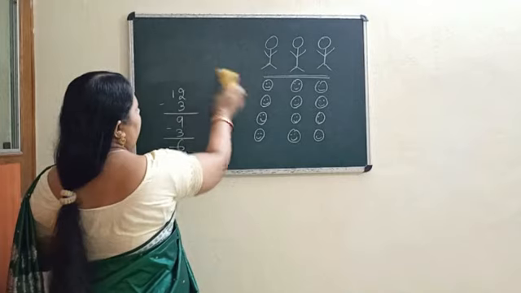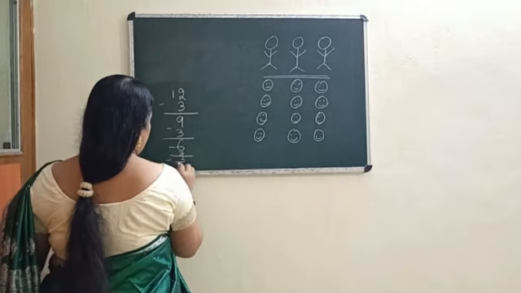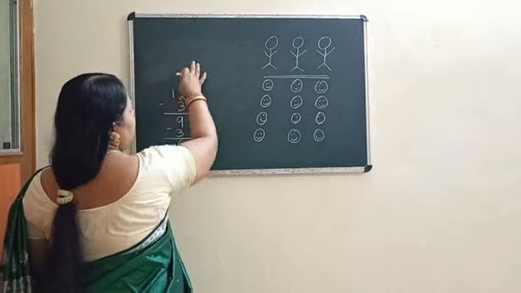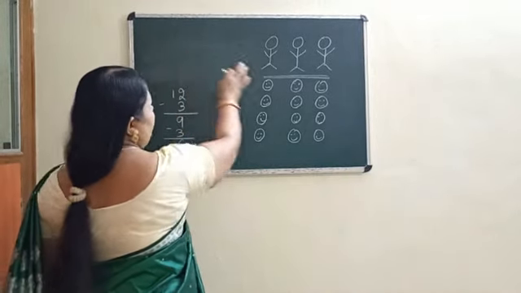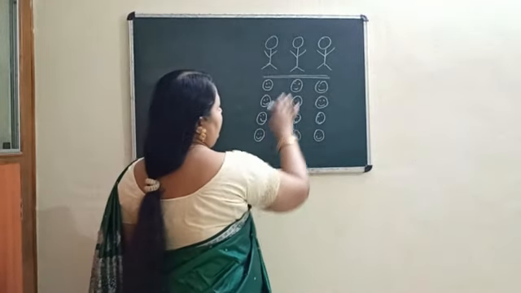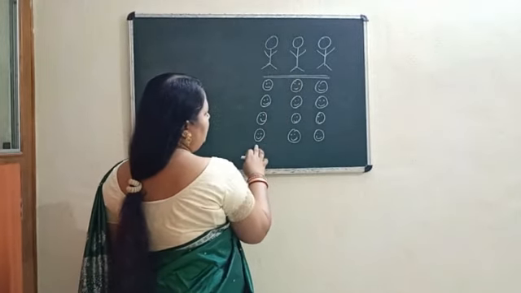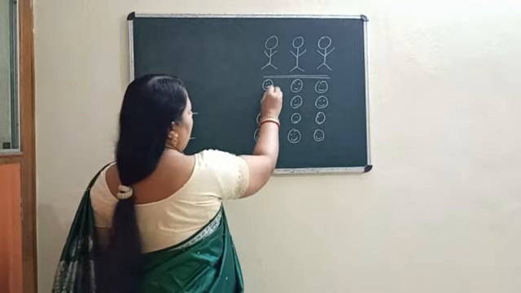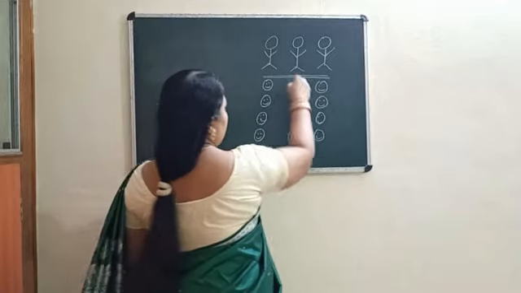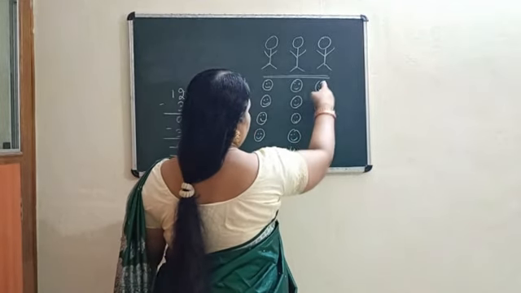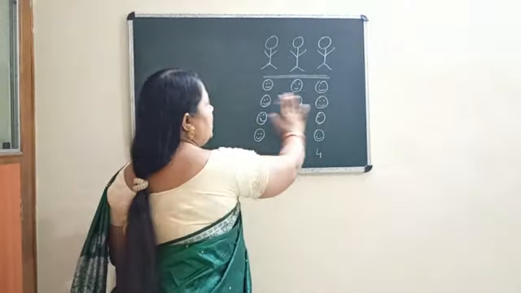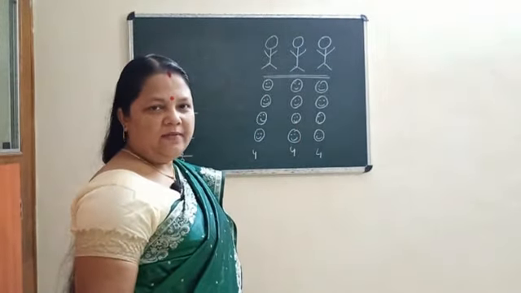So now 3 minus 3, it's coming 0. That means 0 means nothing is left. All the smiley faces we have divided, or shared, between 3 students. You can see the number of smiley faces that each one gets: 1, 2, 3, 4. This fellow gets 4 stickers. This fellow also 4 stickers. This fellow also 4 stickers. You can see we have shared it equally. Yes or no? No one can fight.